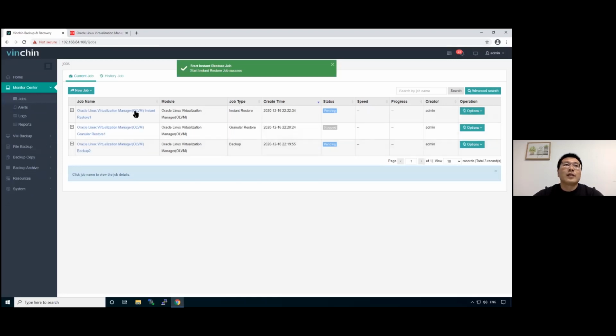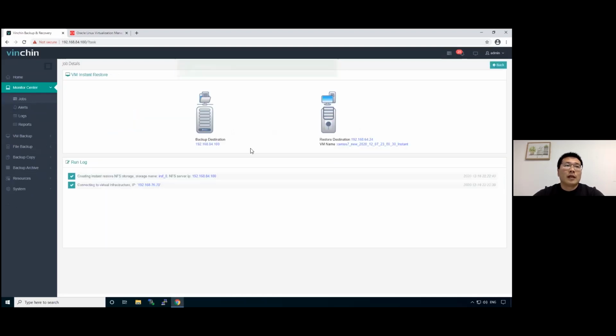And let's check the running state of the job. Now it's creating the NFS storage. This will take just a little while.